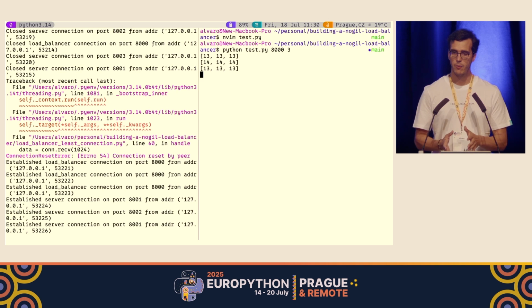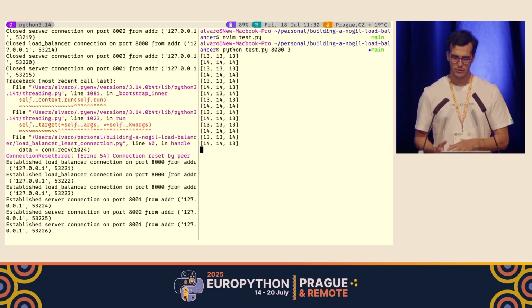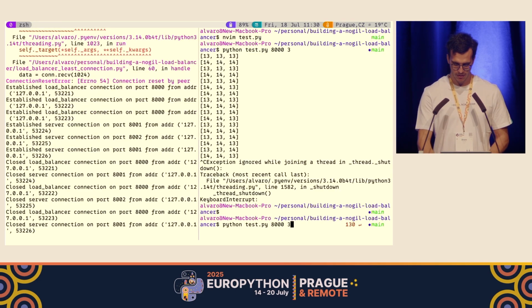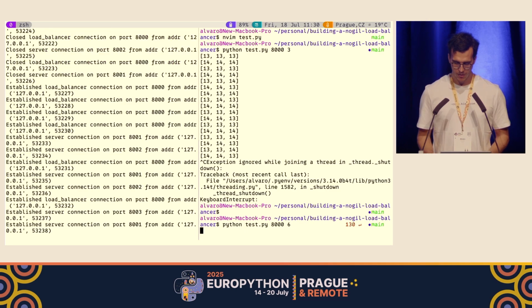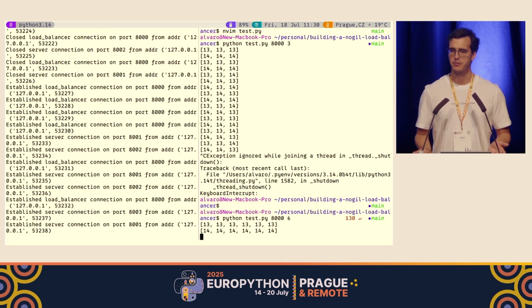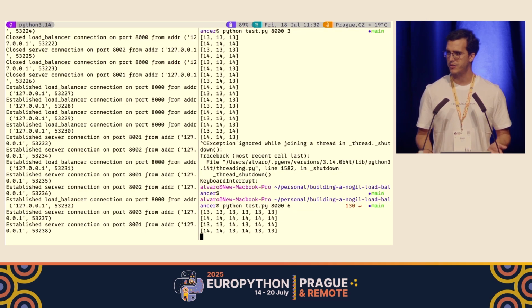As you can see, now we have 13, 14. This is obviously way less, but as a result of the server having to take longer and longer to serve this request. Now that we have a task that is CPU bound rather than I/O bound, what will happen? Should we have a load sensitivity? We don't. This is very interesting.